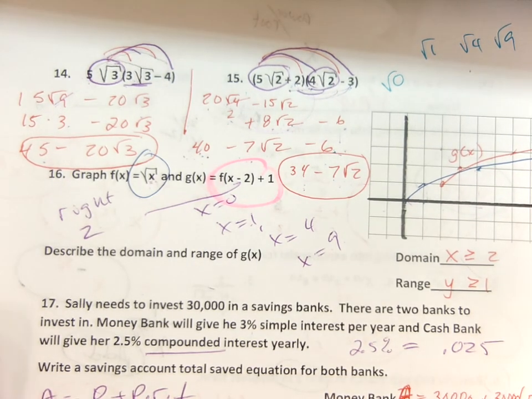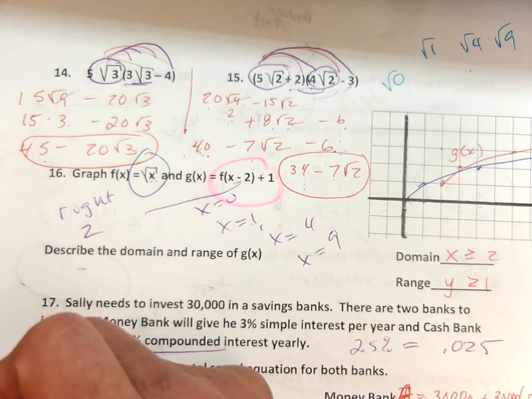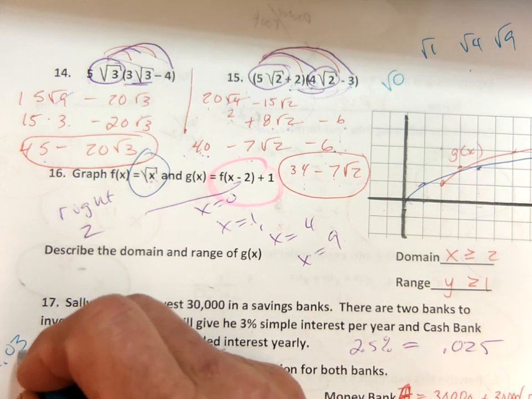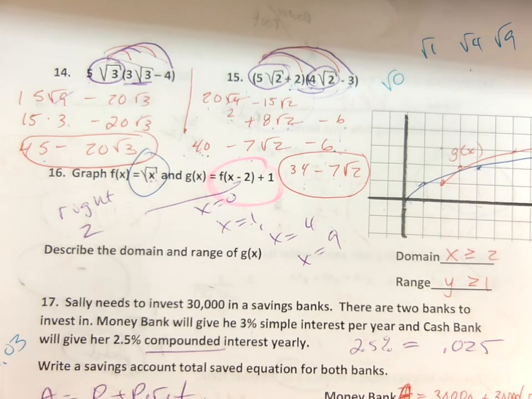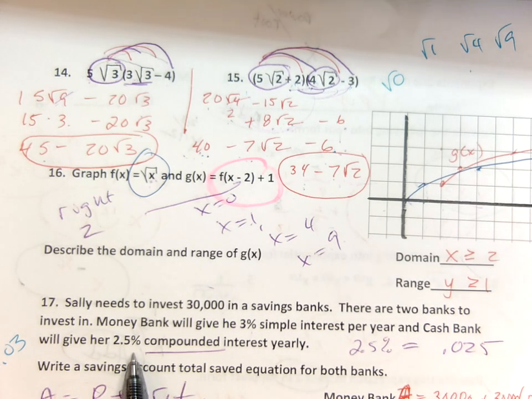Okay, so here's my simple interest. P is the principal, so Sally's got 30,000. That goes for P, plus 30,000. The interest rate is 3%, but as a decimal, 3% is 0.03, so I put 0.03 there, times T for time, so we can use it for any year. If it's compounded, it's a better deal, but they didn't give us much interest. So what we have then